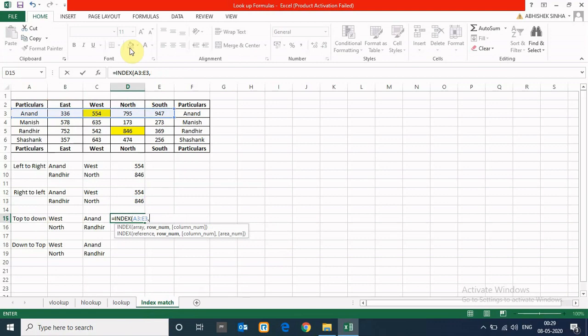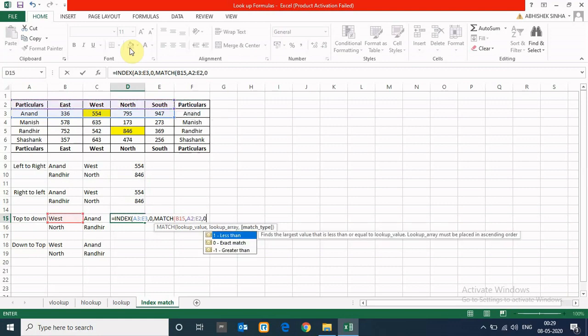We have to be conscious that we have to use 0 here, because if in match we are using the top row, east, west, north, south, then match will decide the column number, not row number. So row number will be 0, and then for column we have to use match lookup value is west, column, comma 0, close, and already close.